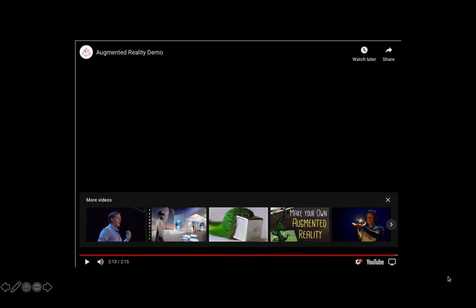So there was a demo on what augmented reality is, and we'll go in depth on what it actually is.